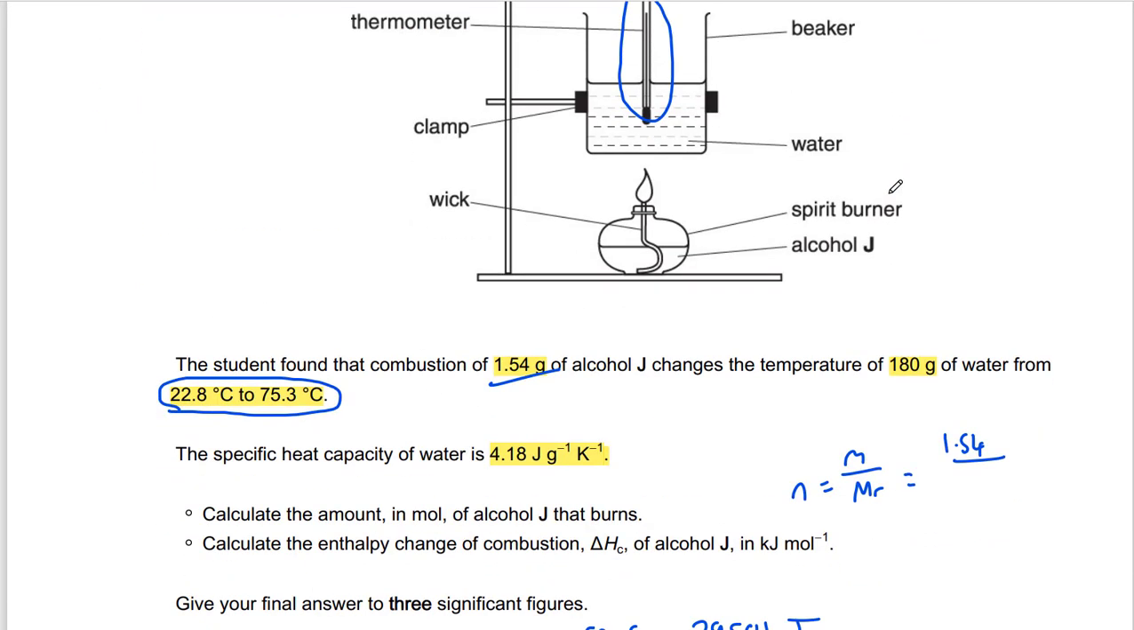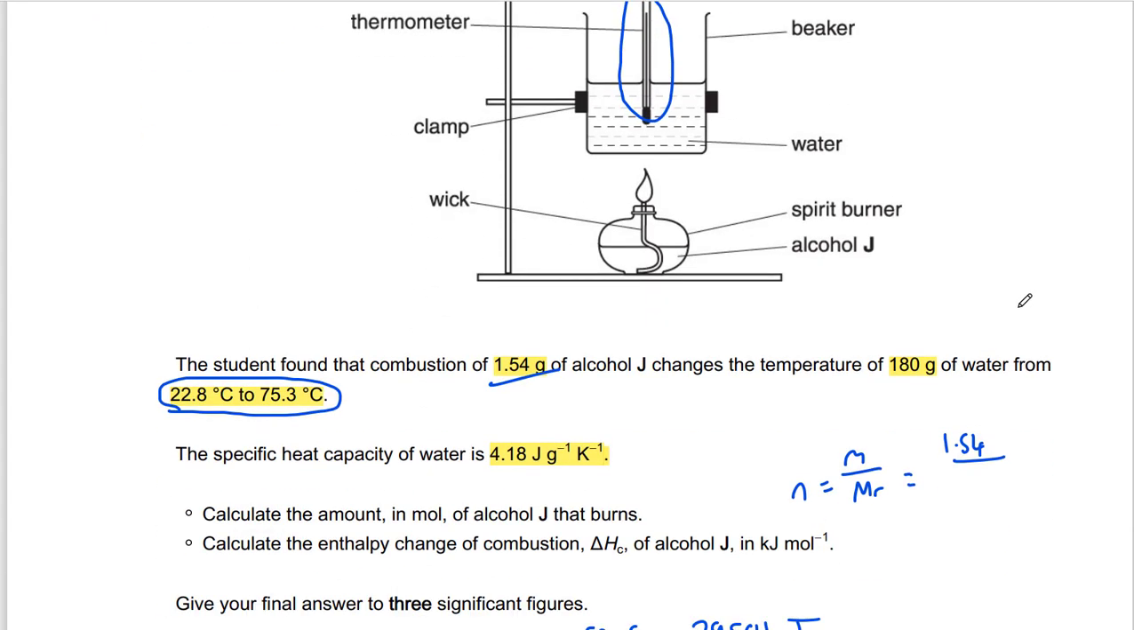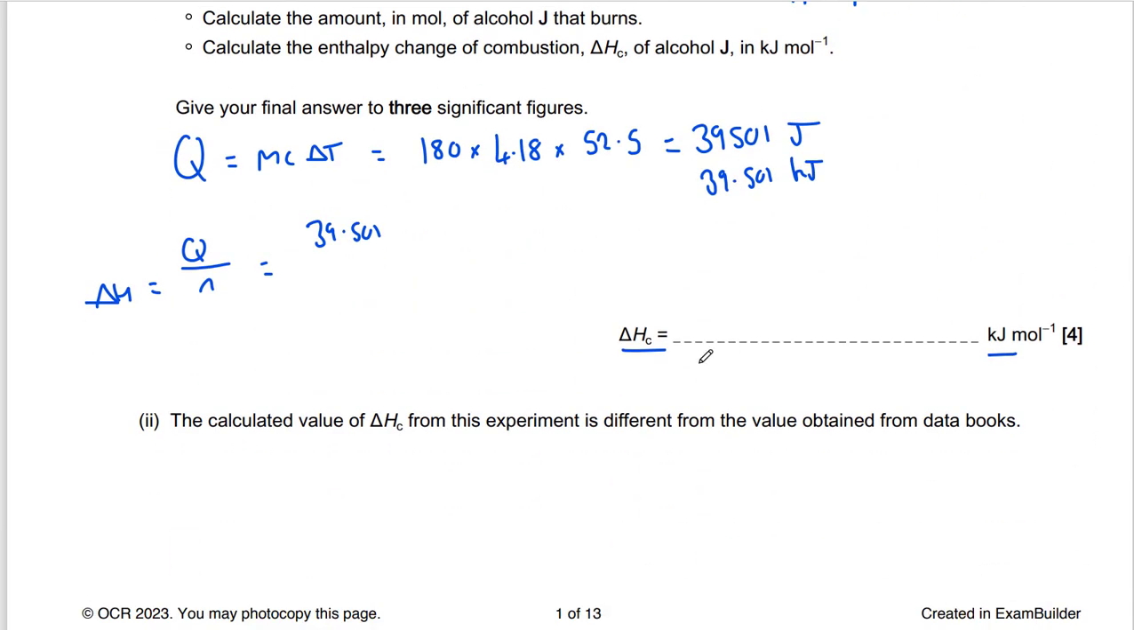C5H12O. So that is 88 in terms of Mr. So you're going to have 12 times 5, which is 60, add 12 is 72, add 16 is 88. So quick division, 1.54 over 88, and we get 0.0175. This now plugs directly in down here, so that's our N, 0.0175, and then we just do the division, so 39.501 divided by that gives me 2257.2,